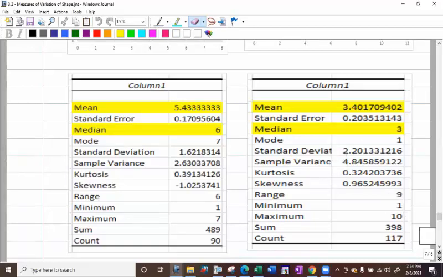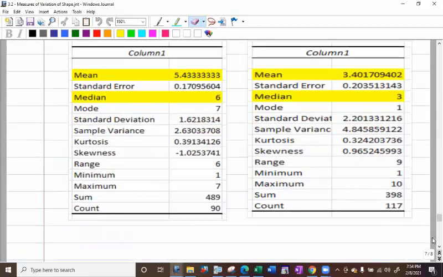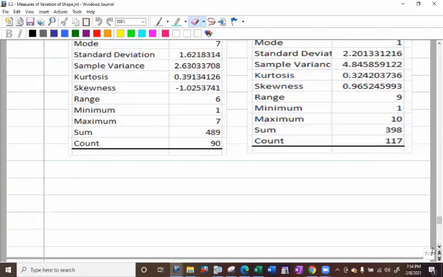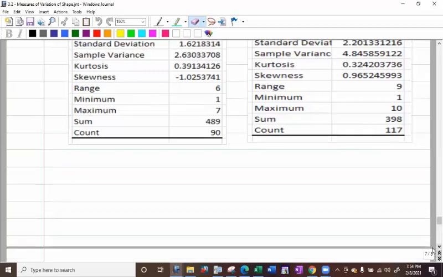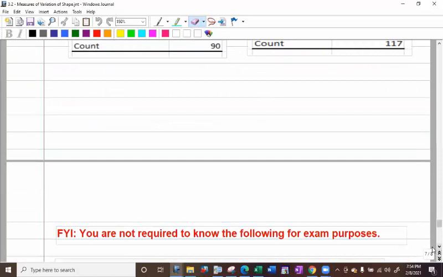So, all right. This tells you how many numbers I used. 90 for that one and 117. But yeah, like I said, I used a click and drag on the corner. There's no way I manually typed in that many numbers. All right, what is this? Okay,